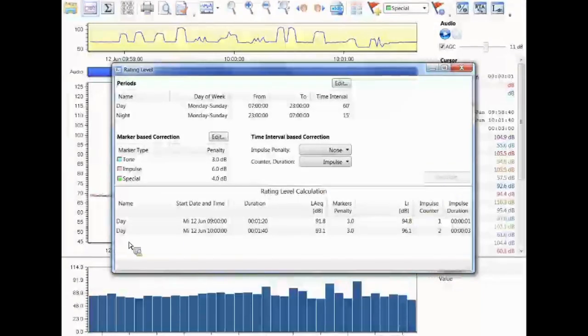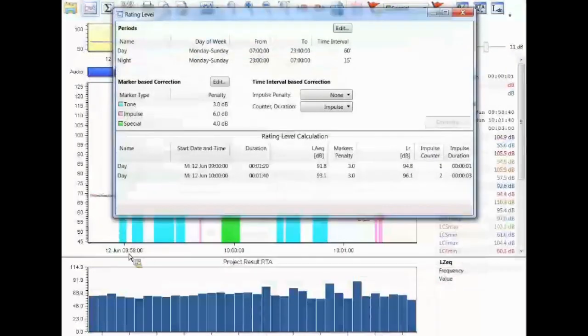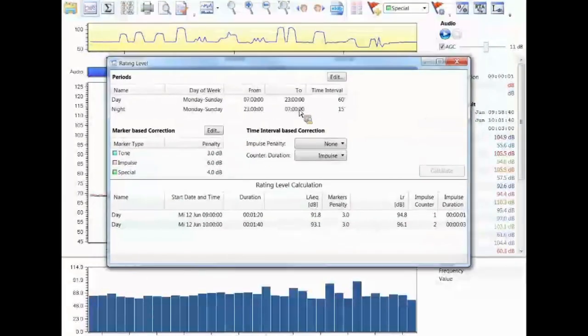So you see 2 lines. And why do you get that? Because if we go back to our recording, you see here I started briefly before 10 o'clock, and so the 10 o'clock point was just the moment when the recording was virtually split, because here I have the 60 minute time interval for this period. So we have a first part, 1 minute 20, up to the moment of the 10 o'clock time, and then